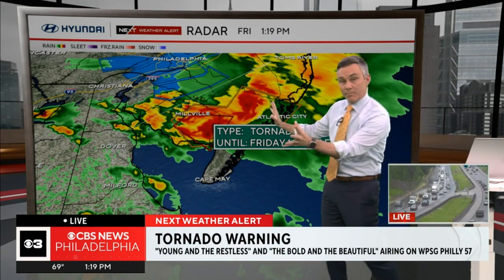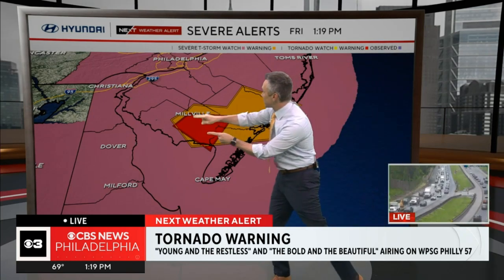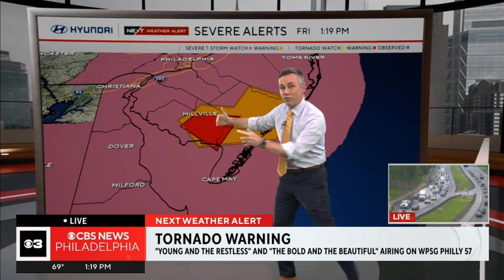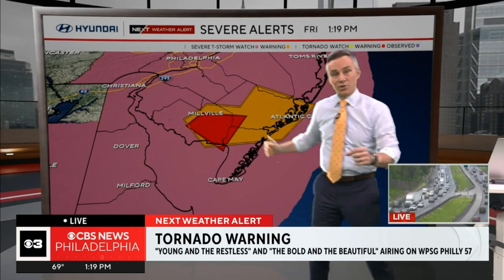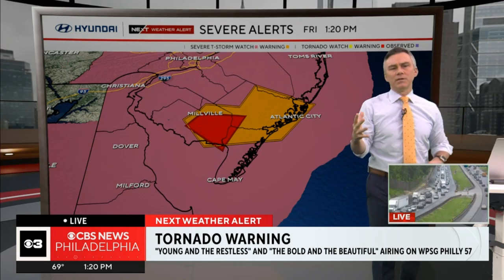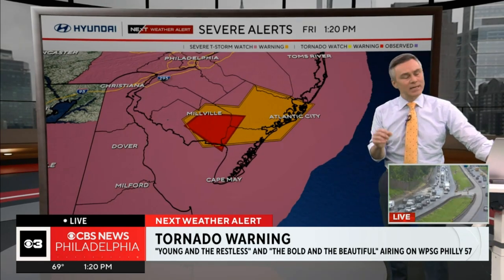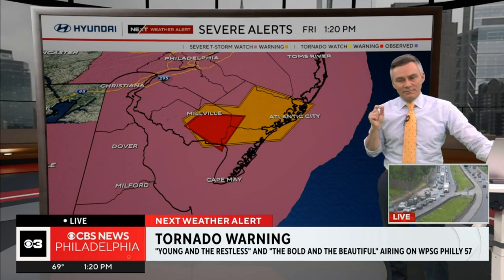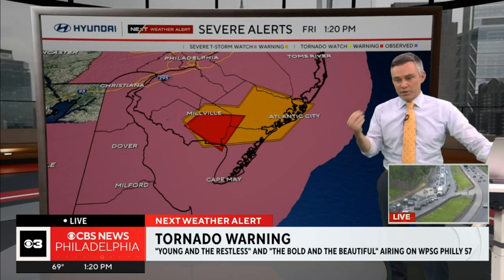In fact, if I put the bigger picture on, sometimes when we're talking about tornado warnings and you look at this sliver that's just outside of Millville. Now, you folks in Millville, when it comes to the tornado part of this, you're in the clear. This is east of your area. But you think, okay, well, I'm not in that area, so I shouldn't be worried about it. But this particular weather system has a lot of dangerous impacts, not just a rotating wind reaching the ground,